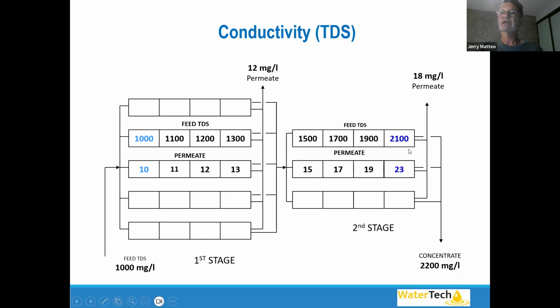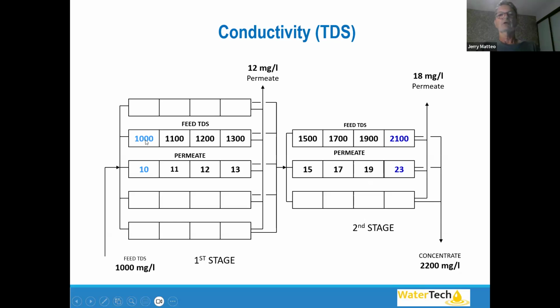I've got permeate water coming out of that last membrane of only 23 milligrams per liter dissolved solids, but it's higher than this 10 over here. Now, when all this blends, I don't know what we'll end up with. Oh, here we go. An average of 18 milligrams per liter in my permeate, and in my concentrate, I've got